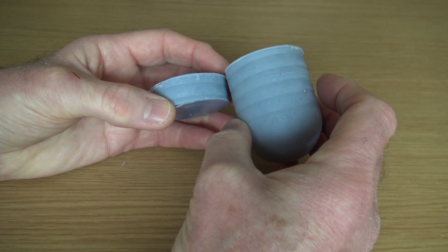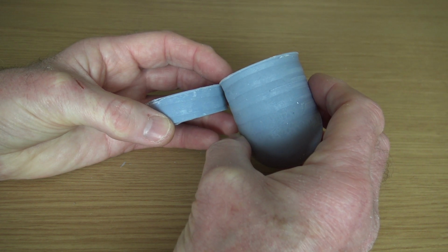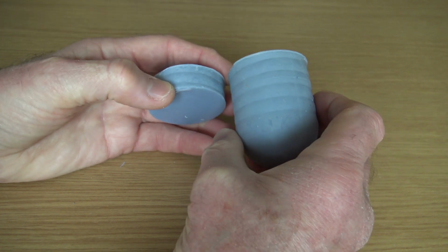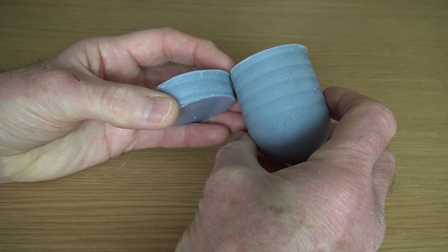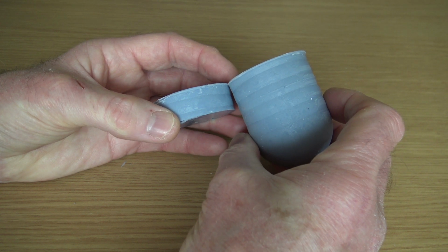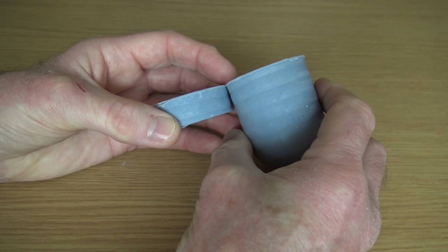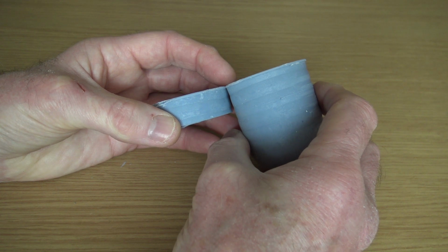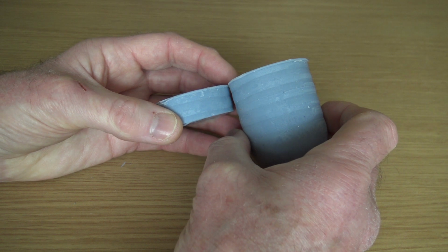is that my printer is quite a new printer. It's the Anycubic Photon Mono X, and it has a very large build plate, large dimension build plate. All 3D printers come with a memory stick which has slicing software on it, and you can also download slicing software for free on the internet. A lot of people use software called Chitubox,